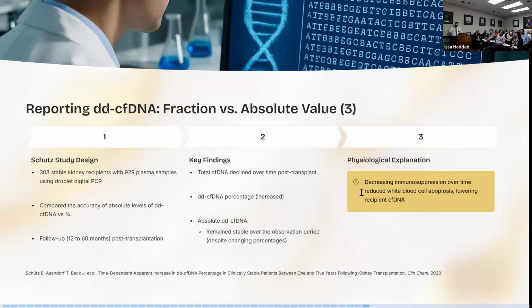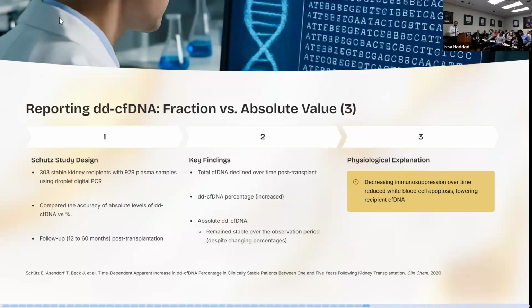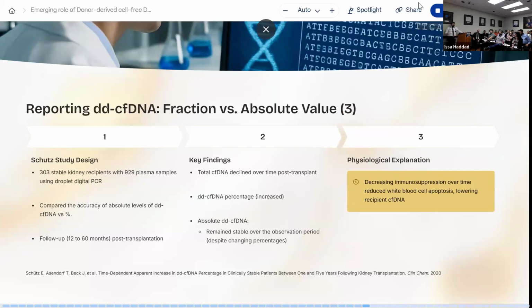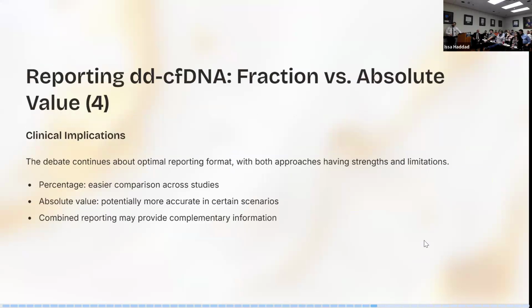And the theory they said is basically when you start someone on a transplant, you're going to give them a lot of immunosuppression. So you're going to cause a lot of cell death, like white blood cell apoptosis. However, with time, you're going to reduce the immunosuppression, and that will lower the amount of recipient cell-free DNA that is released into the system. So the ratio will get bigger, but it's not because of the donor-derived cell-free DNA. So I think the debate continues until now, whether the percentage is better, and they claim that